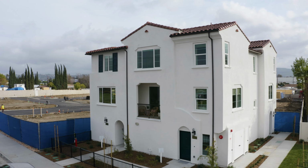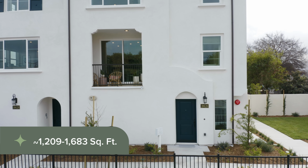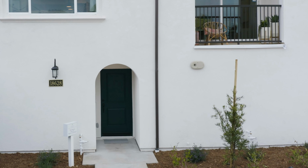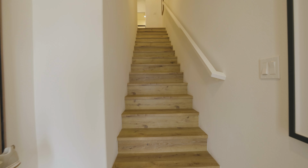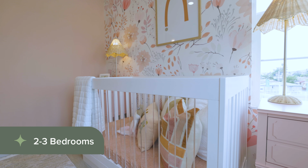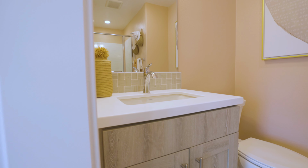The new attached Solar residences at Estrella Walk showcase modern Spanish architecture and welcoming open floor plans. This enclave of 56 attainable and stylish townhomes in Puente offers a place to spend quality time with loved ones. Floor plan options range from 1,209 to 1,683 square feet of living space and offer 2 to 3 bedrooms and